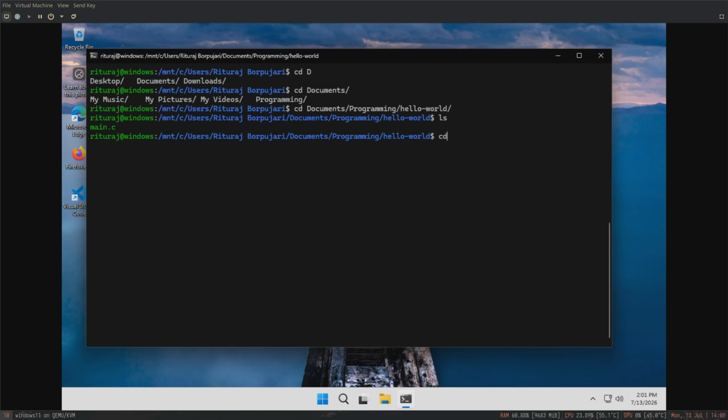And if you want to go back, we just say cd dot dot slash, then again dot dot. The first dot dot will get us to programming. And then we say dot dot again. Last time we talked about dot dot. You can think of it as a reference to the parent directory. So when you want to move to the parent directory, or in simpler terms, if you want to go back to the previous directory,